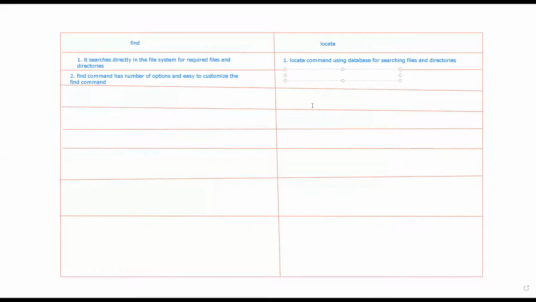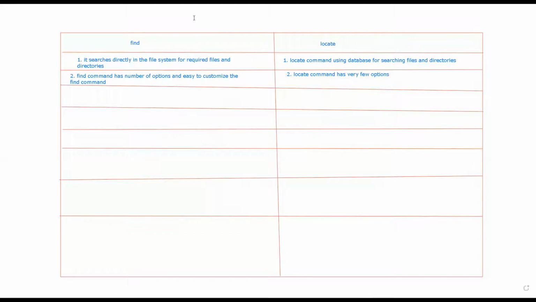So the reason behind comparing two commands is to find out which one is better and which one we should use. So the locate command has very few options, right?